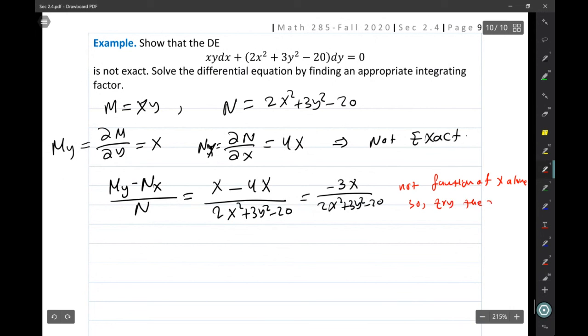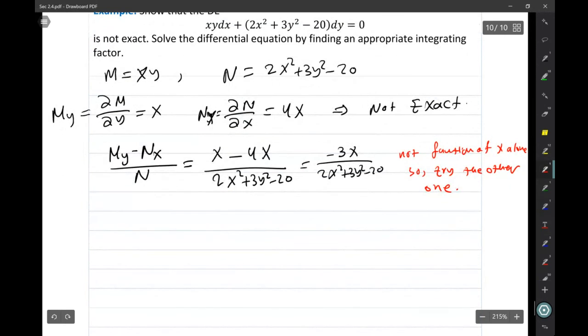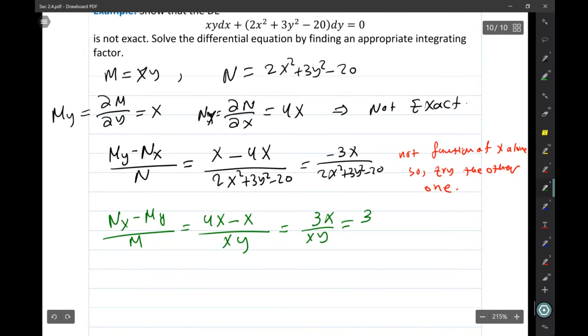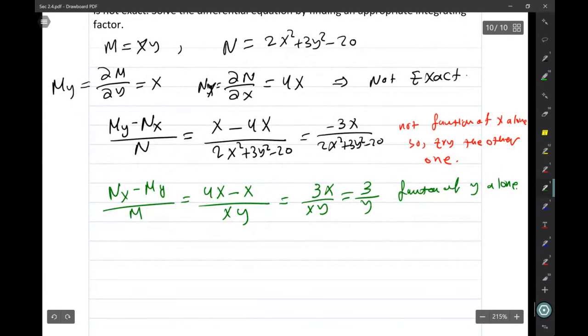So try the other one. What do I have to try here? N_x minus M_y divided by M. N_x is 4x, minus M_y, which is x, divided by M, which is xy. 3x divided by xy means 3 by y. It is a function of y alone. So the integrating factor mu of y becomes e to the power integral of 3 by y dy,